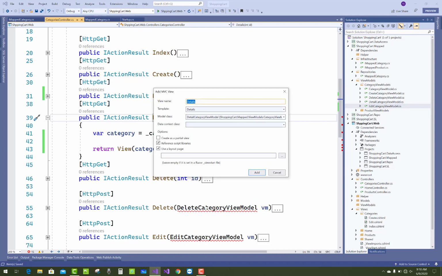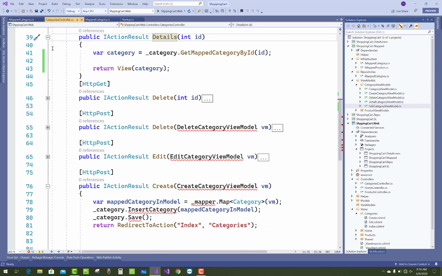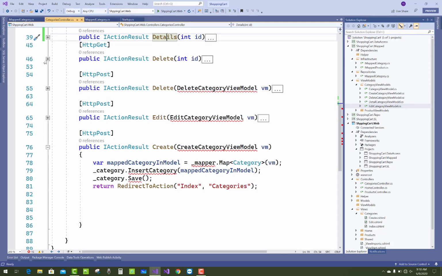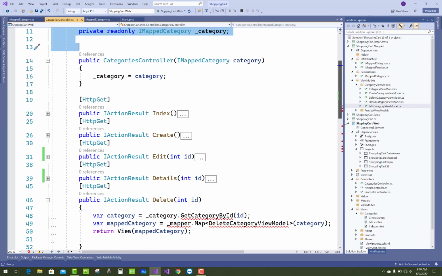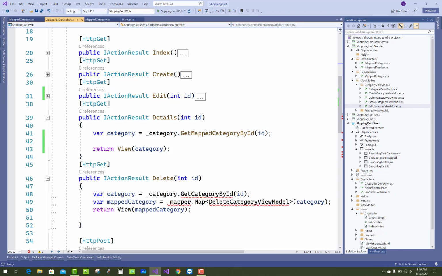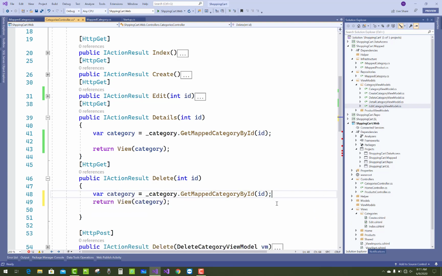Looking at it, there was an error. So first of all resolve the errors, and just after that you add the details scaffolding. In the detail section also you have to pass get mapped category by ID. In the delete section you also have to pass get mapped category by ID, that is the get section of category delete.